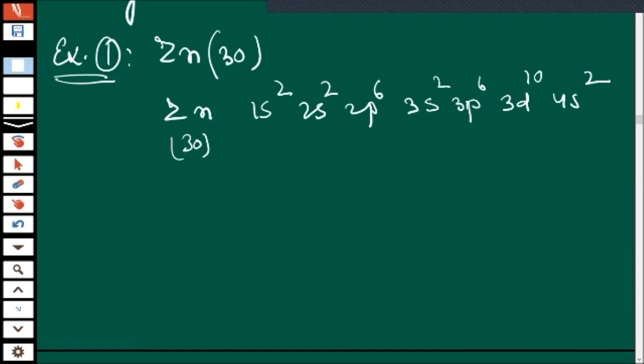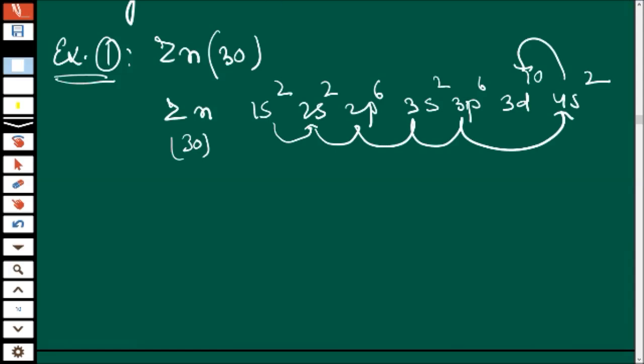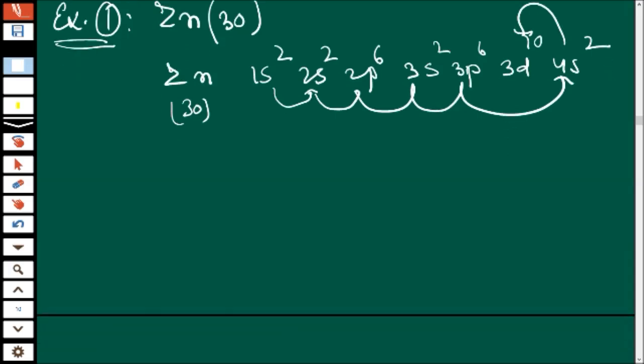While writing the electronic configuration, I have considered the above rule, from here to here, here to here, then again here, like this. Don't worry at all. I have followed each and every guideline of electronic configuration, the Aufbau principle, Hund's rule, Pauli exclusion principle, half-filled and fully filled stability, everything. Next.